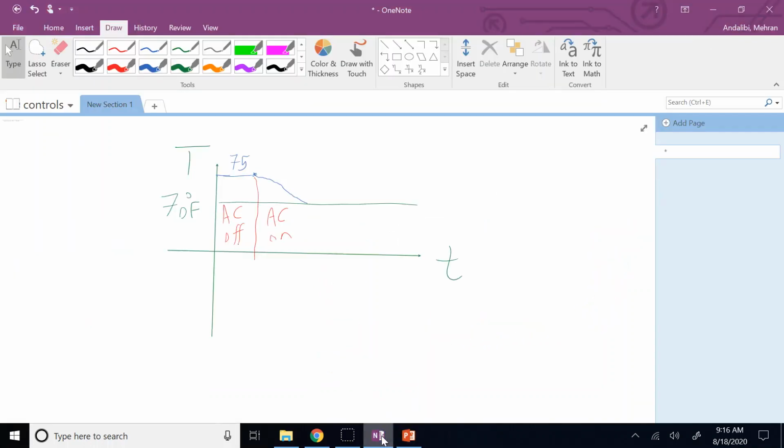And since in the meanwhile the AC is still on, what happens? Although you reach 70, since the AC was on, you go a little further down. So you go to like 69, and now the controller has turned the AC off again. So what happens? The temperature naturally starts to rise, because there is heat coming from outside, and the outside temperature is more than the inside. So it goes back up again to 70,